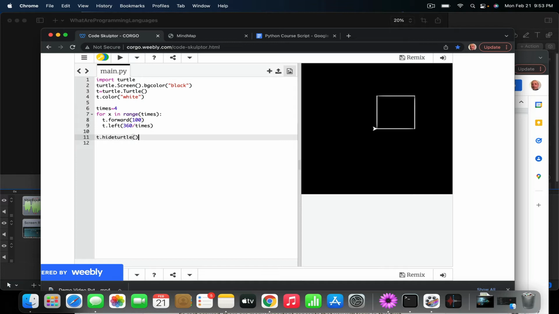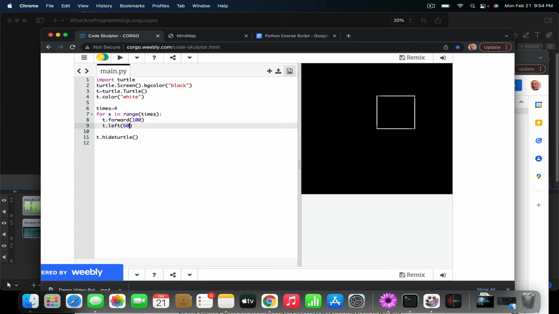Well, the turtle kind of understands that command, and we do that. So here we go. So we do that, and it hit it. So now we have a full thing, and we don't see the turtle. Okay, now let's try to get back to what we were trying to do and make this a fixed angle